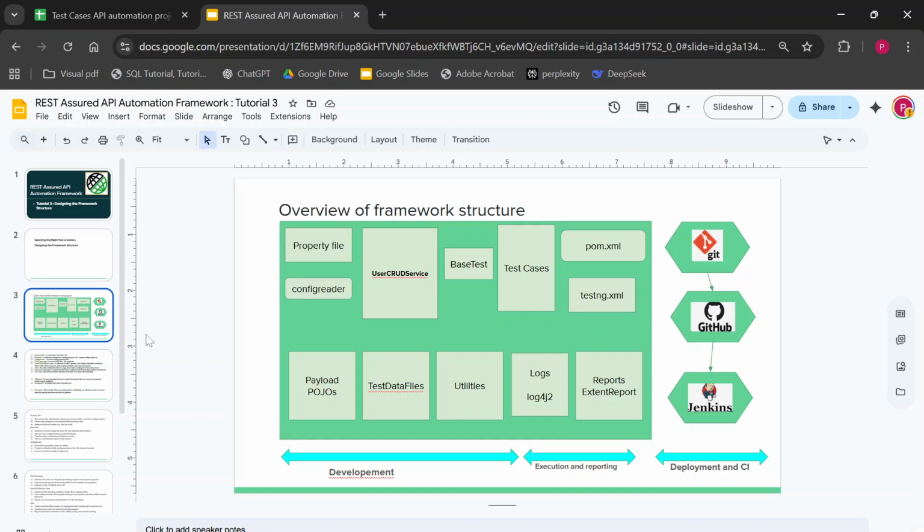So the first one is the property file. The main purpose of the property file is to store the base URL, authentication tokens, environment URLs, and other config variables. So whenever you are going to do API testing, there are multiple types of URLs which we have to handle in our APIs. So we can store all those URLs in the property file. That can be a base URL,